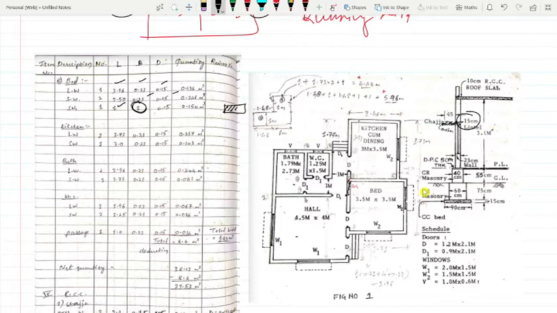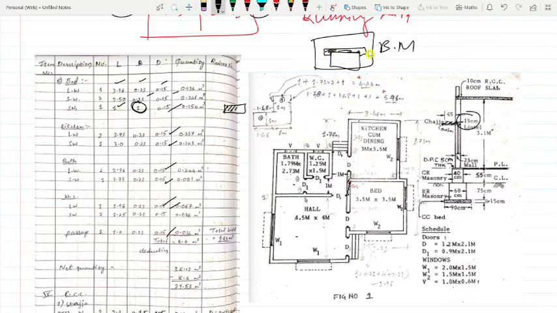Everywhere you have to take 0.15, 0.15, 0.15, 0.15, because this is a lintel. From brick masonry you are deducting the lintel quantity, the RCC quantity, because the brick will not get laid in that portion.